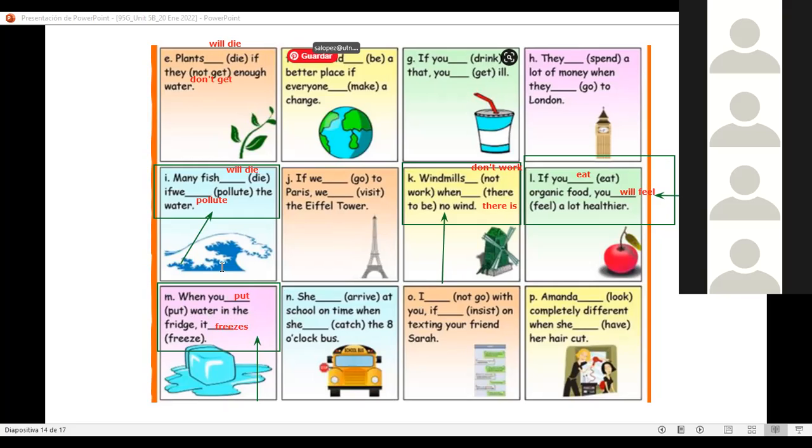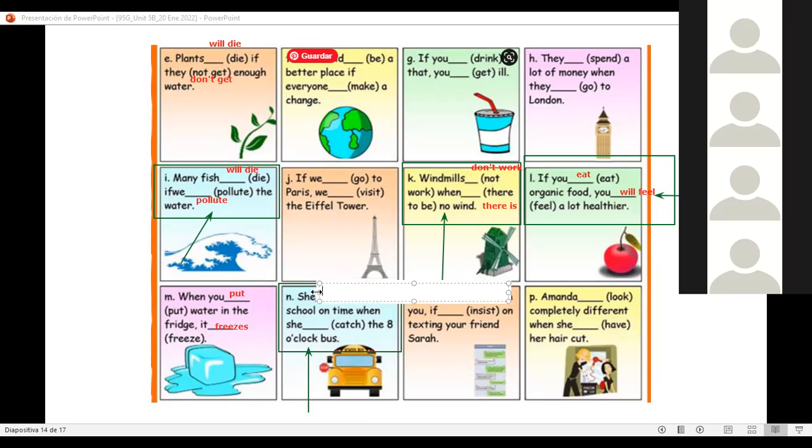The same happens with the next example. Lo mismo sucede con el siguiente ejemplo. How would it be zero conditional in this one? ¿Cómo sería un zero condicional en la siguiente? She arrives at school on time when she catch the 8 o'clock. Okay, so she arrives.